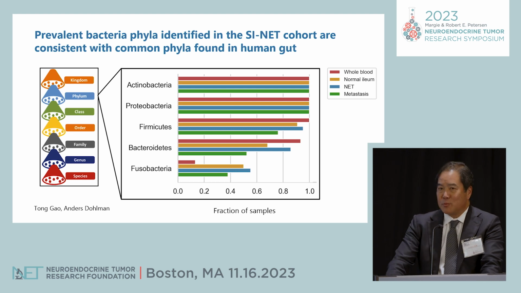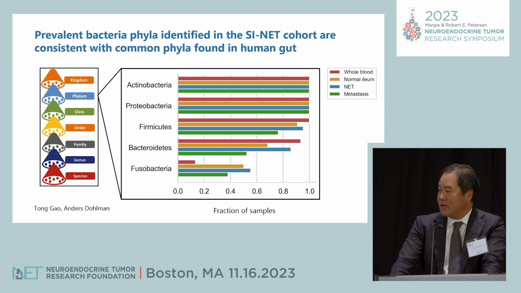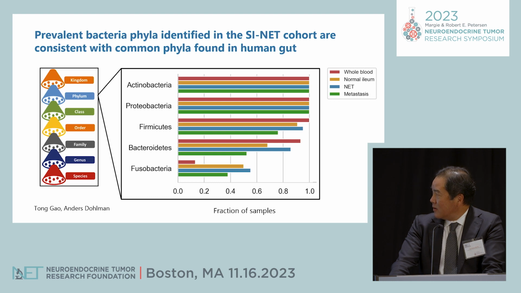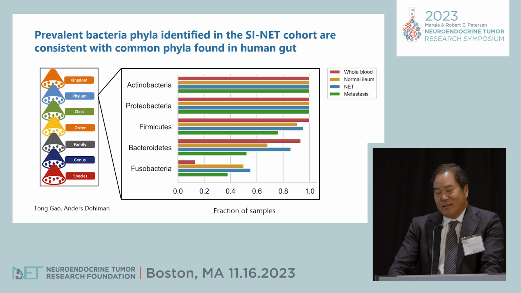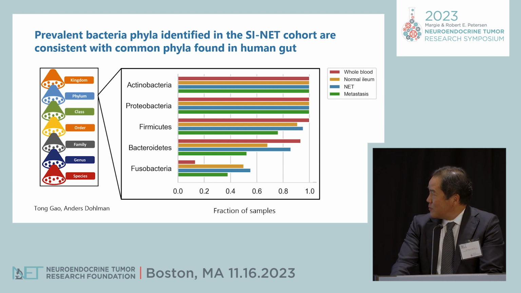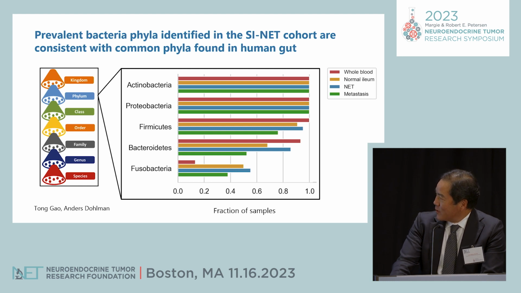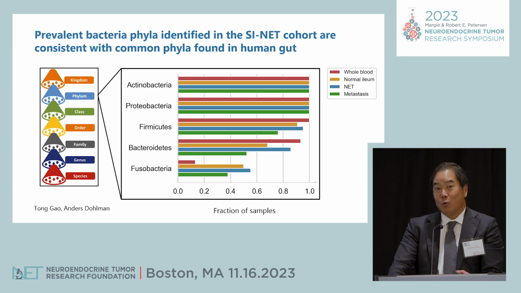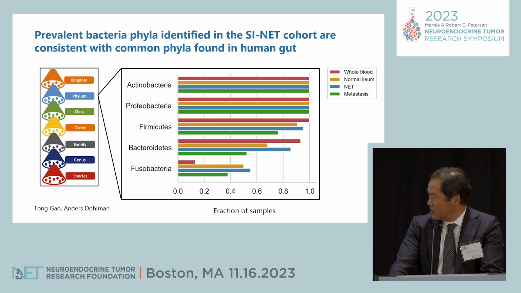These are the most prevalent phyla of the bacteria that were identified in this cohort. All of these phyla are bacteria that are found in the normal human gut. And as mentioned before, for the top four phyla, you can see that in most of the patients' samples of whole blood, these bacteria were also identified. So again, highlighting the need to what we call decontaminate or filter out potential contaminant bacterial reads.